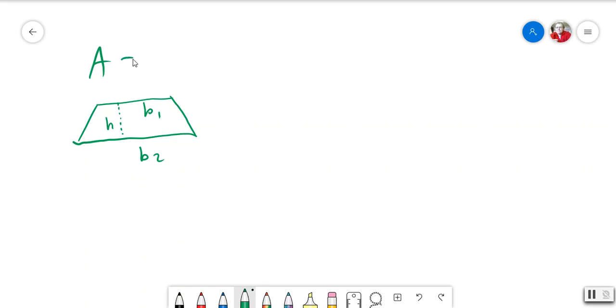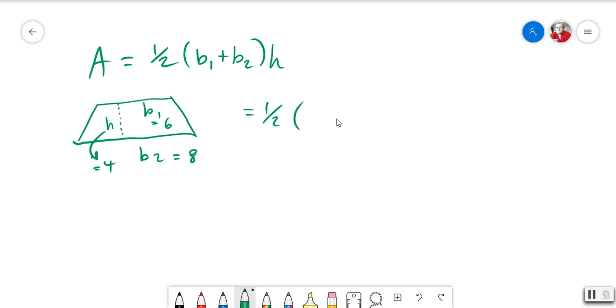So the area of a trapezoid is 1/2 times B1 plus B2 times h. So if B1 was, say, 6, B2 was 8, and the height was 4, then you would just have 1/2 times 6 plus 8